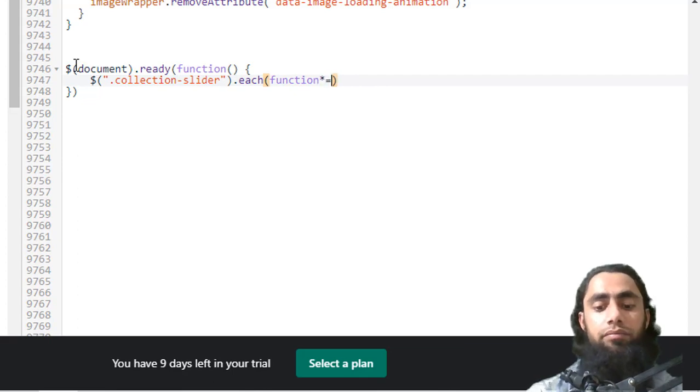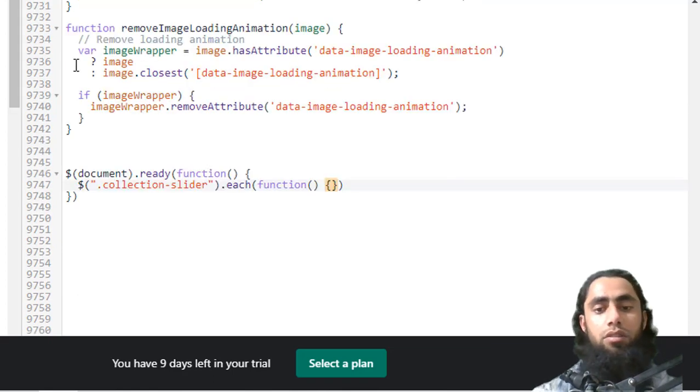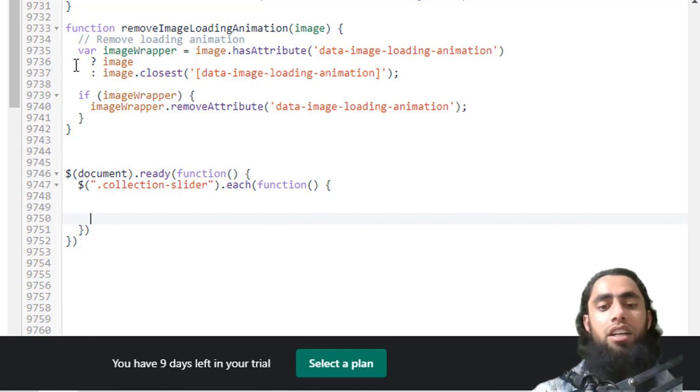function, and then after we will be having this curly brace. So inside of this curly brace we are going to define a few things. For example, var numberOfSlides equals $(this).data